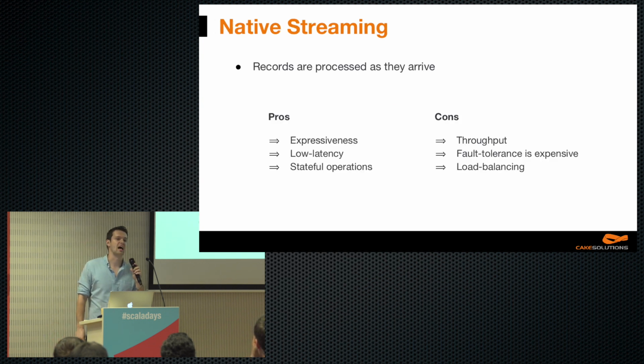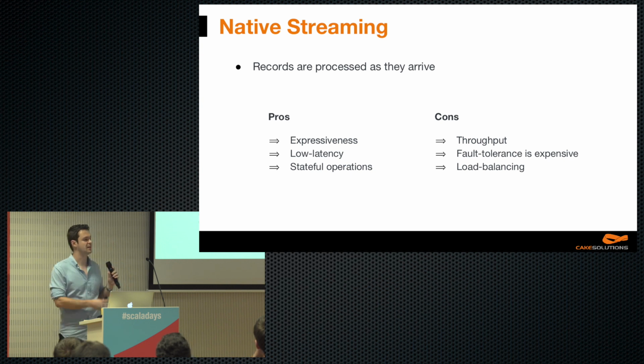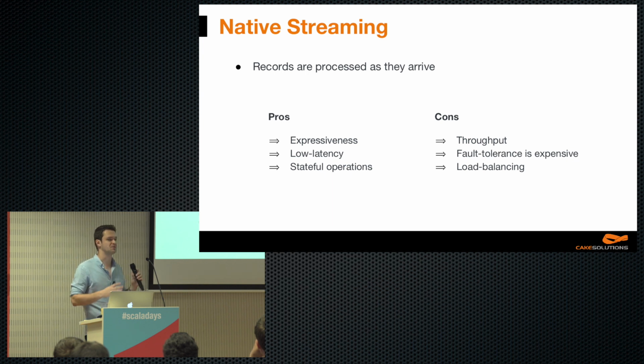Both approaches have inherent advantages and disadvantages. So let's start with native streaming. The great advantage of native streaming is its expressiveness. Because it takes the stream as it is, it's not limited by any initial abstraction over it. Also, as the records are processed immediately upon arrival, achievable latencies of these systems are always better than their micro-batching